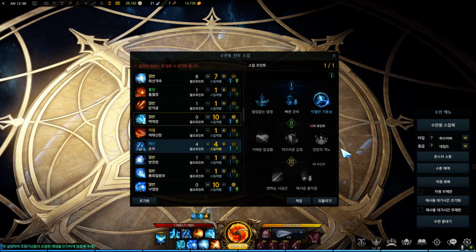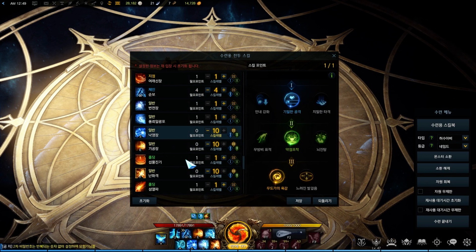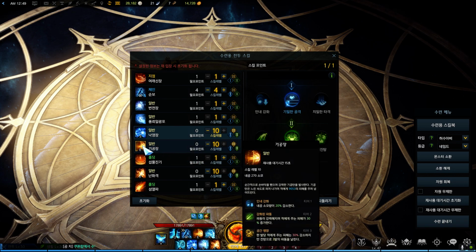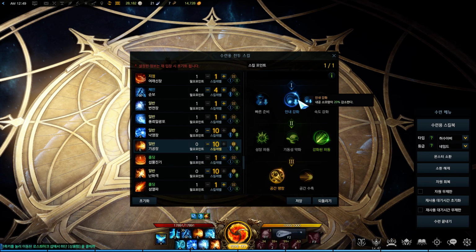The Sunbo, which is the movement skill, of course, 4, and the increased distance by 2 meters. This skill, 2-2-1 for all attack increase. And this skill, it's one of the easiest skills to use, and it does a lot of damage as well. 2-3-1